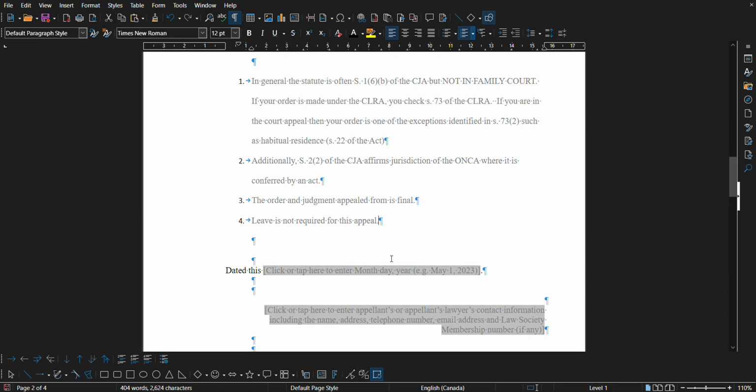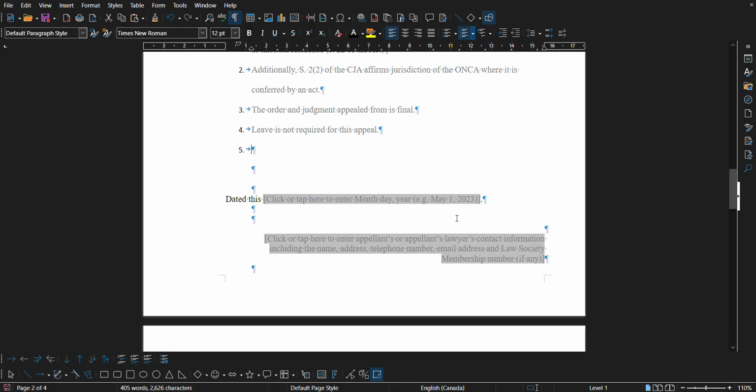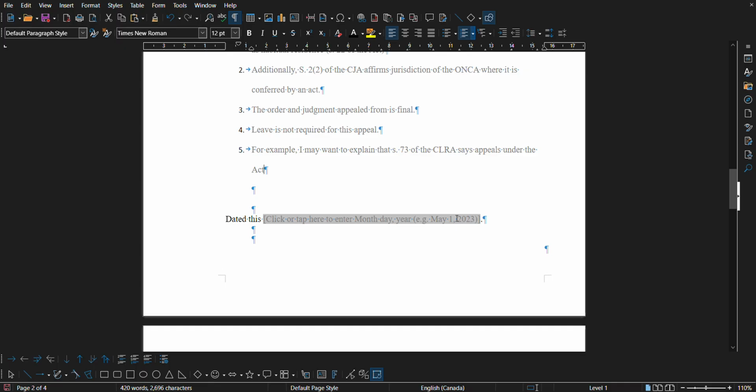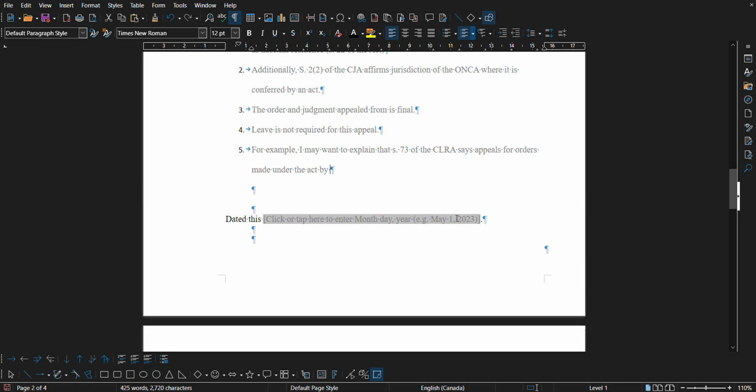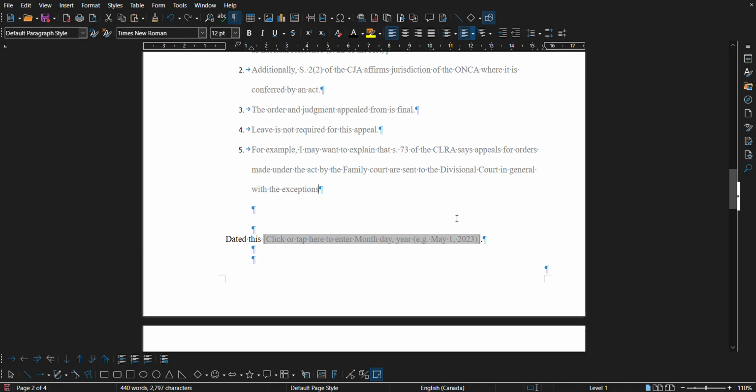So if there's anything else that's relevant, for example, I may want to explain that section 73 of the CLRA says appeals under the Act, orders made under the Act by the family court are sent to the divisional court, in general, with the exceptions listed in subsection 2,